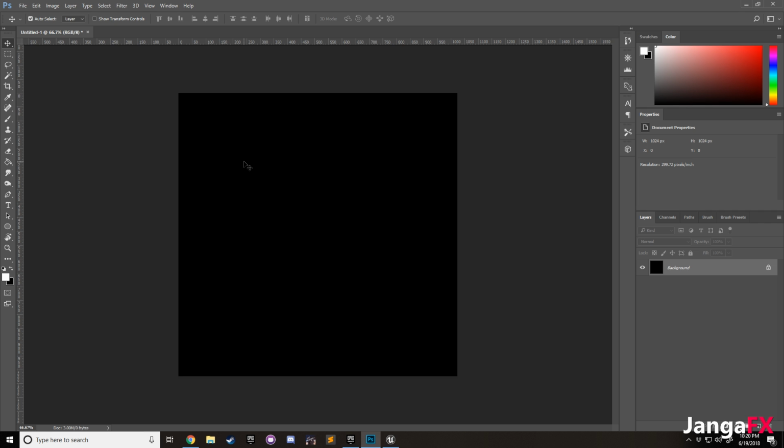So first thing you want to do is create a new image file in Photoshop. I have this as 1024 by 1024, and I am going to be using a tablet for all of this, not a mouse, because obviously a mouse can't be as precise and it doesn't have pressure. And so the first thing we want to do is block out the basic shape of our